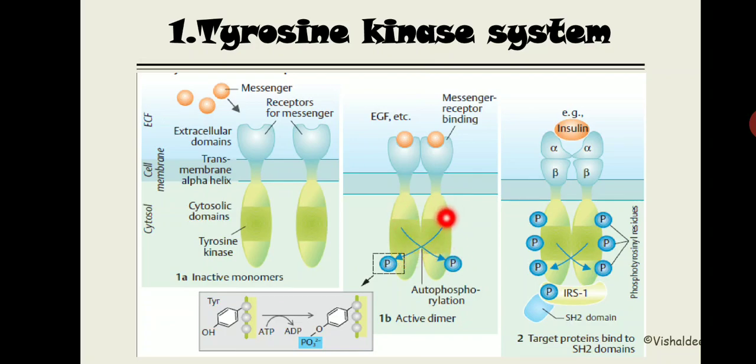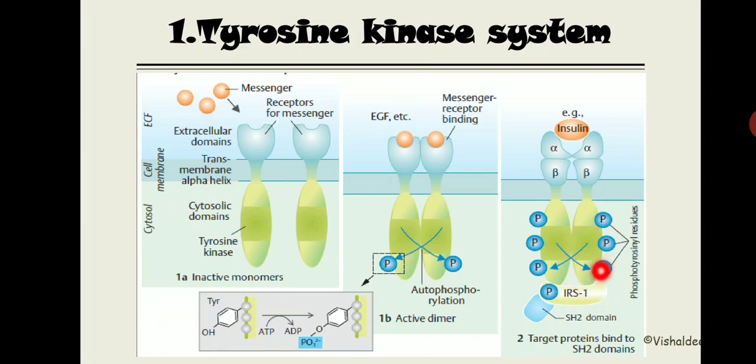This right sided portion will phosphorylate the tyrosine molecule situated in the left intracellular domain, and this left sided intracellular domain will phosphorylate the tyrosine residue on the right side. So basically they are doing autophosphorylation. They are phosphorylating themselves like this